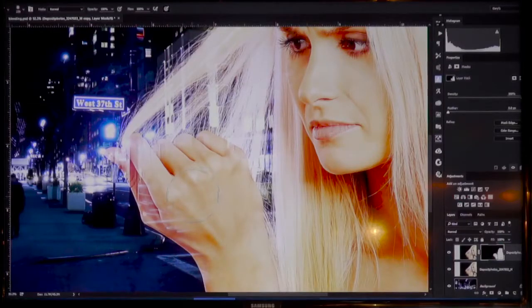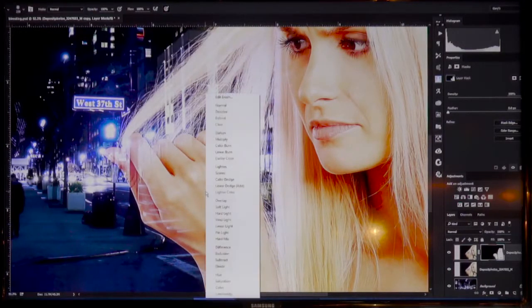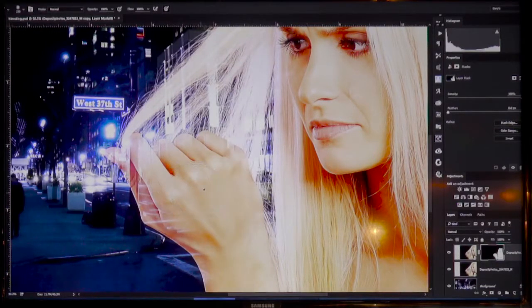By the way, and I do this 10 times a day, and I now know better. If you hit the Shift key and the right mouse button, you get this menu, which is basically the blend mode of the brush, overlay, spot, all that stuff. It's not what I was trying to do. I was trying to hold the Ctrl key and the Alt key and reduce the size of my brush and paint in here. Now, when I get over into the hairier, pardon the pun, areas of this composite, I would